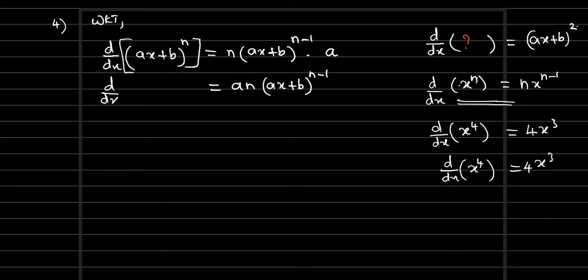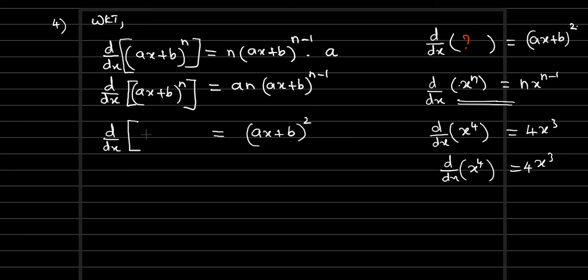Now using this concept, using this formula, we are going to track the antiderivative of this function, ax plus b whole square. So we have ax plus b whole square. If here it is power 2, one power has to be added for the main function, right? Ax plus b whole cube. That's all. Now we will check it again.